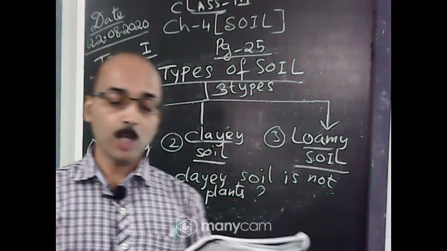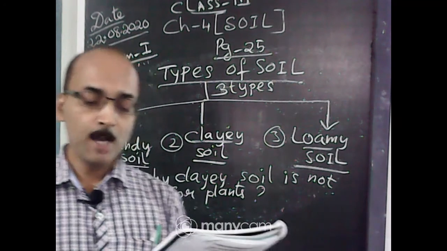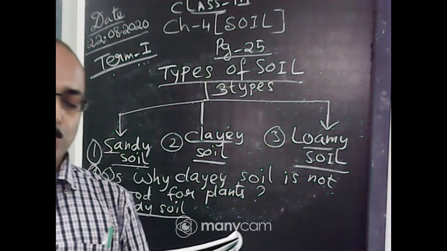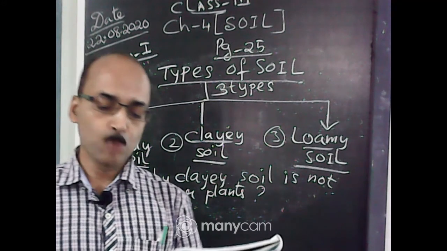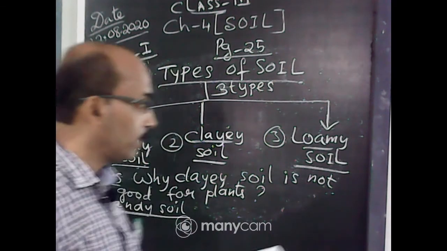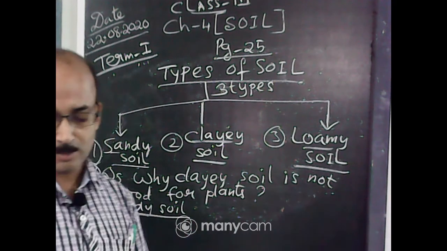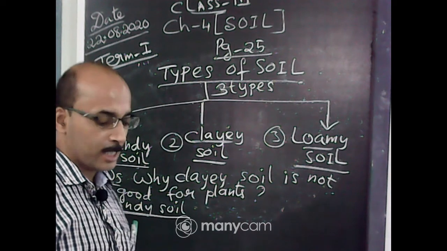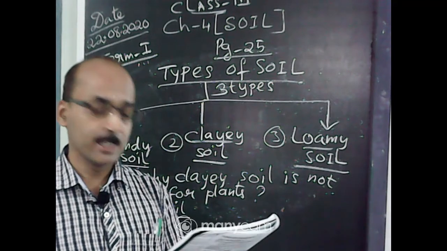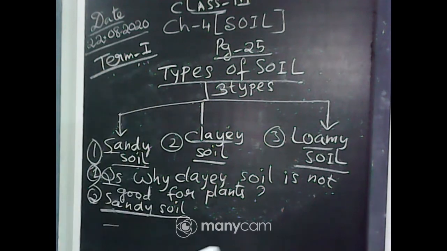See, it can hold a lot of air, but it cannot hold much water because water can easily pass through the spaces of the particles. So, very few plants are able to grow in sandy soil. It is mostly found on seashore and in deserts. In the desert, what type of plants grow? Cactus type, no. So, the cactus does not require water. Okay. So, this type of plants can grow, cactus, date palm, and it is mainly found on the seashore and in deserts.